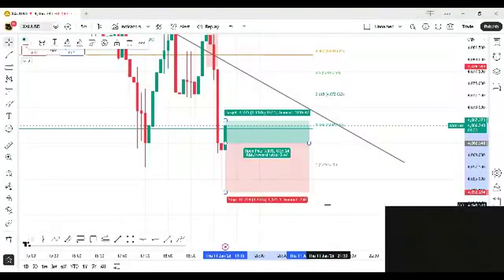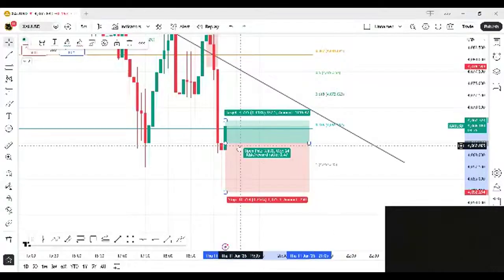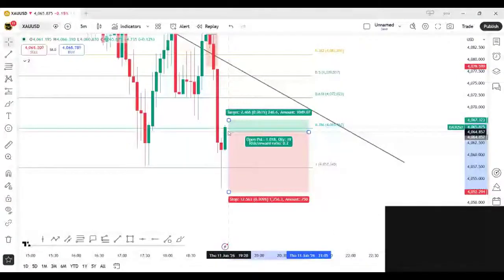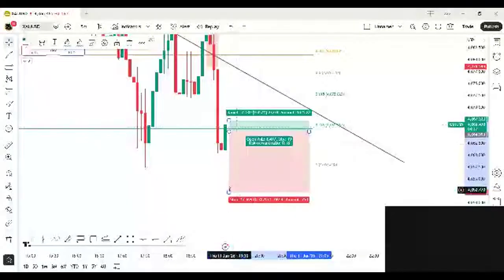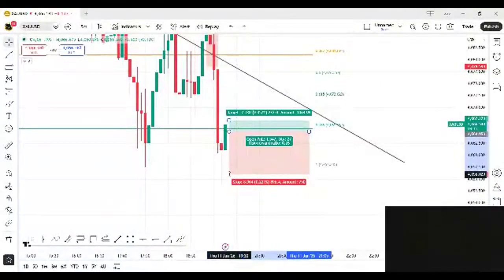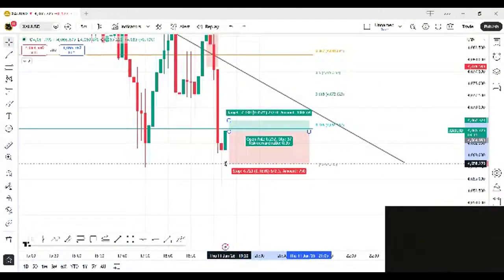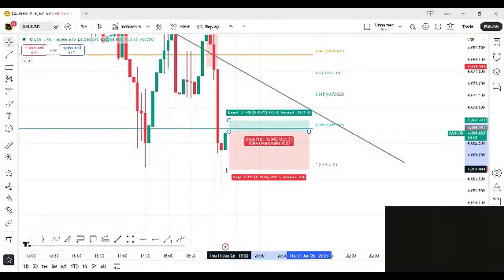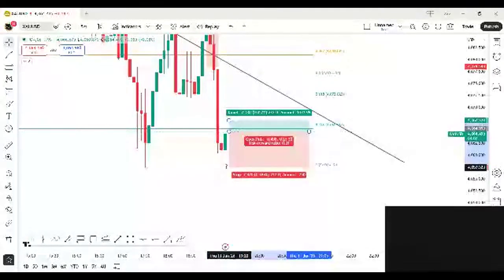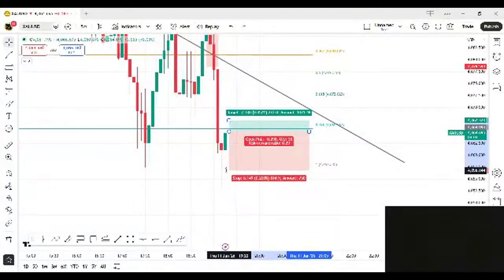Guys, I'm buying here at 4065. I'm buying the gold at 4065. And buy. Our entries are from 4065 till 4061, like 40 pips will be our range. Our stop loss will be at 40. We will try to put the smallest stop loss, the smallest we can, in order to